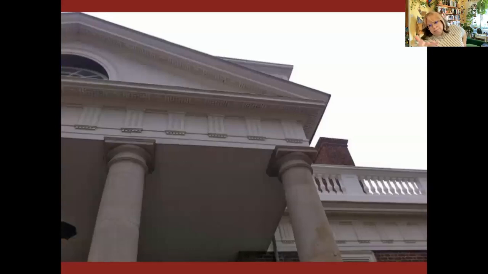What makes this neoclassical? Well, look at it. We've got these nice Tuscan order columns. We've got triglyphs. We don't exactly have metopes because there's nothing in there, although I think we still call this triglyphs and metopes. We've got a nice pediment up here with nothing in it, but that's okay. And this is kind of the key to neoclassical architecture. You're never going to look at something neoclassical and be confused, like, is it Greek or is it Roman? They're going to throw in enough weirdness that you're not confused.